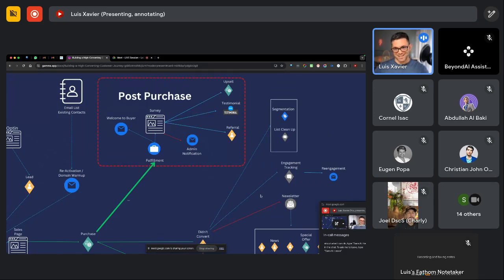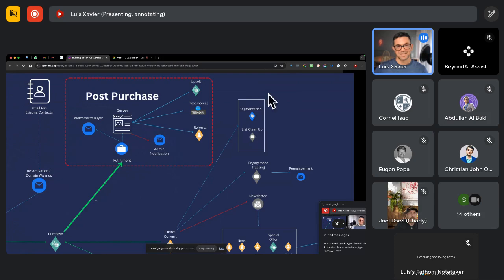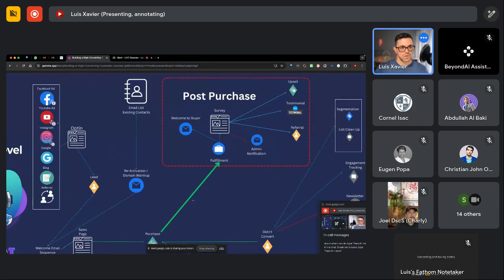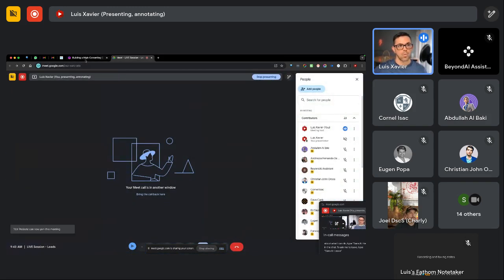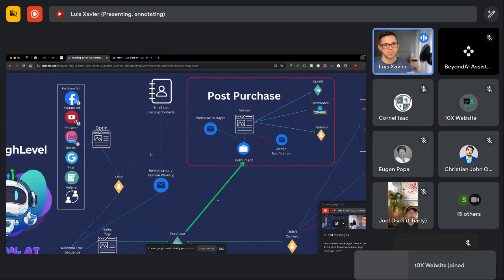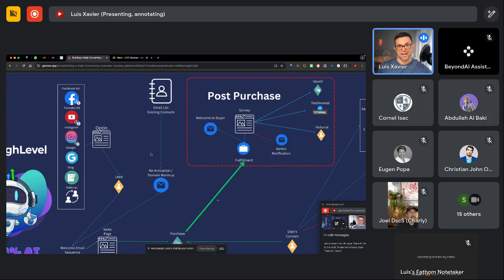While all this is happening, we've got segmentation. Segmentation is happening on autopilot. We're segmenting the leads by engagement, and if you have multiple opt-ins, it's a very good idea to tag the forms, because you want to know where people are coming from. Let's say you've got an opt-in for Facebook, and an opt-in for an ad on YouTube. If you are tracking precisely where people are coming from, guess what? You can see what is converting.